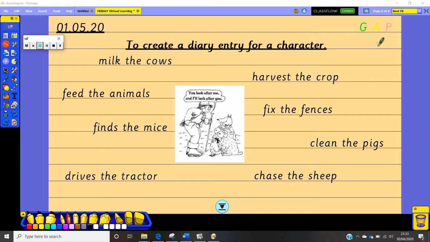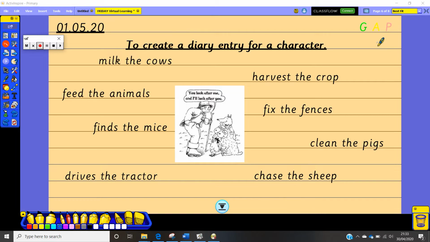So for your English lesson this morning, we're going to create a diary entry for a character. We've written loads of diary entries in the past, and we're going to take on the role of that character, and we are going to write our diary. The character I have chosen for today's diary is Farmer Rafferty, because Farmer Rafferty has the biggest job around